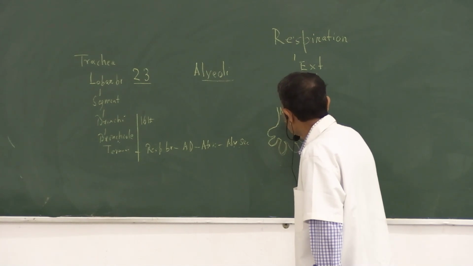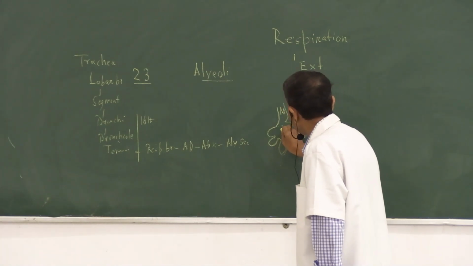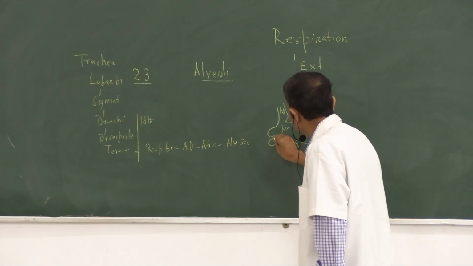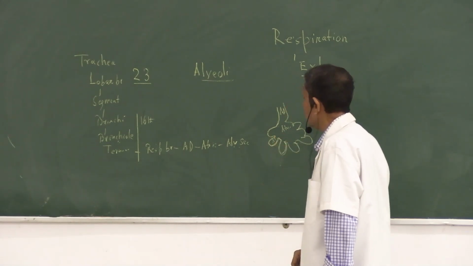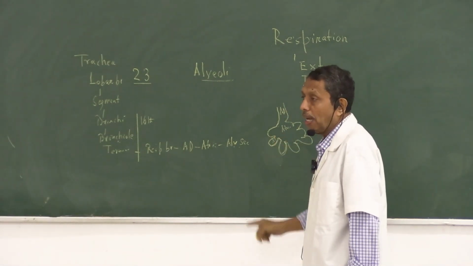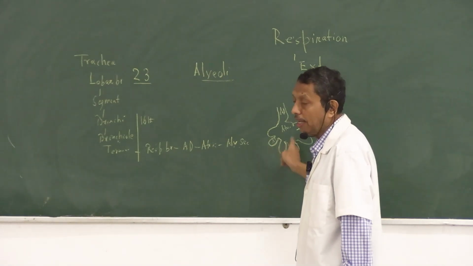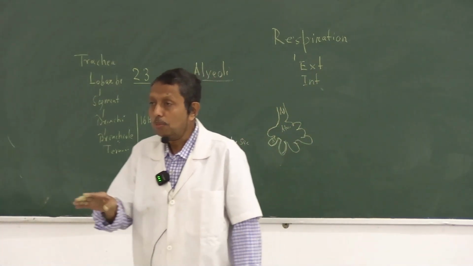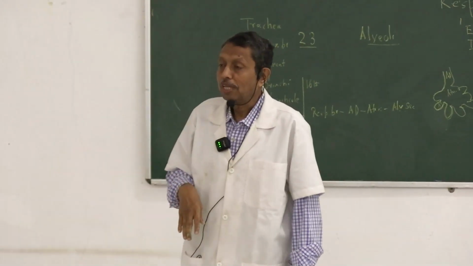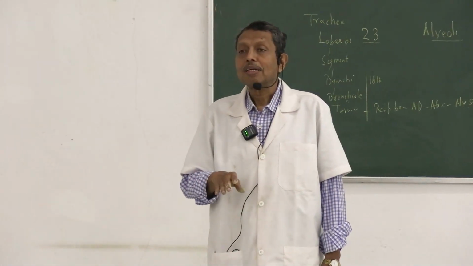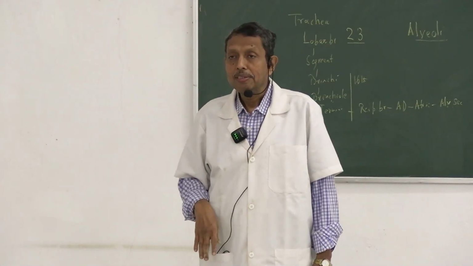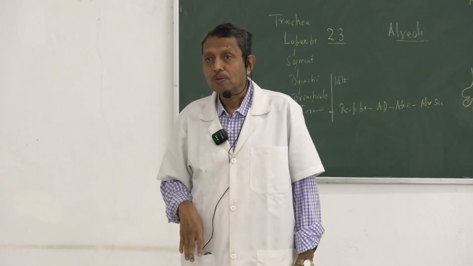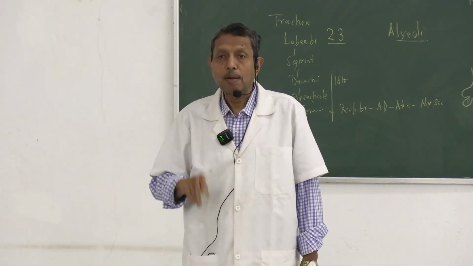Alveolar duct, and then there is the atria, alveolar sac and alveoli. You will find in the histology text, and in this way there is the distribution of the air, so that diffusion is possible, and it requires a large surface area,